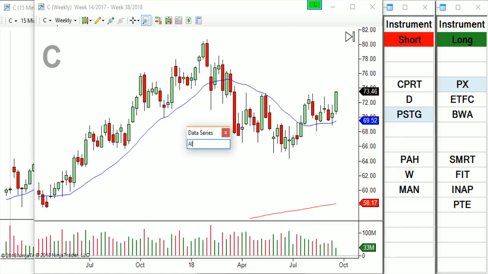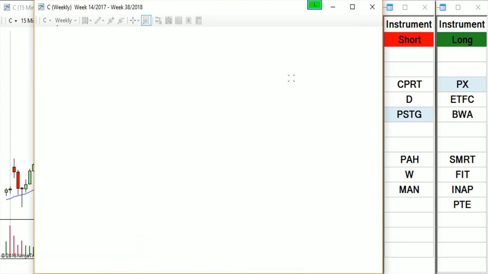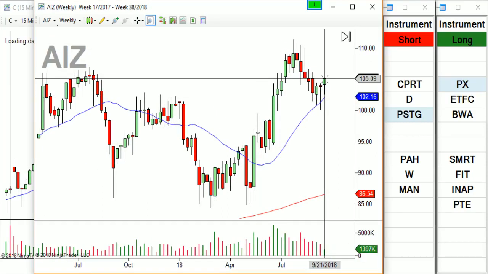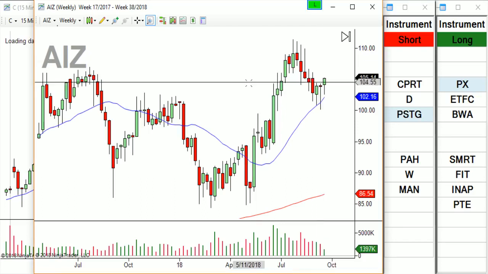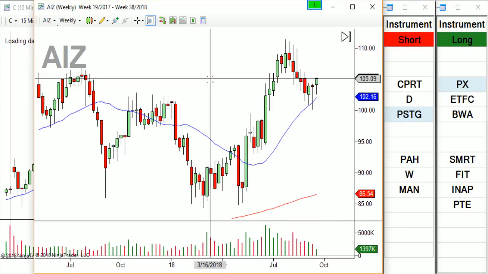AIZ, I don't think is quite ready yet, but he's doing a weekly buy setup. Got this from a great room member and is doing a weekly buy setup here. Right, so I will continue to watch this. This isn't quite ready yet because I think it is still in stage 1, but we'll see if we get a nice transition on the AIZ. Okay, what else? Talked about the PX,